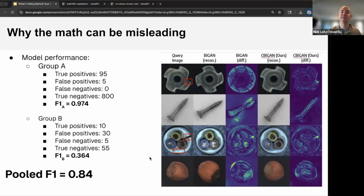But let's say we have a model and it performs very well on group A, and it performs close to catastrophically on group B. Again, F1 score is relative. There isn't a magic number that tells you whether the model performs well or not, but just based off the model performance here, B is very bad. So it only detected true positives, 30 false positives, several false negatives, which can be especially bad, and then 55 true negatives. Well, the pooled F1 score, if you do the math, ends up being 0.84, which we might decide